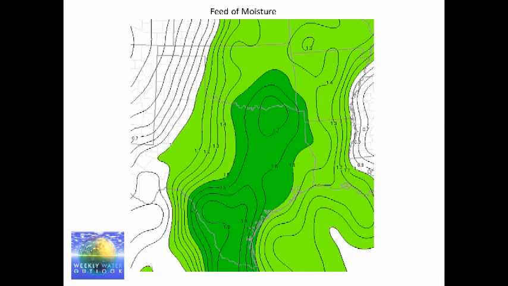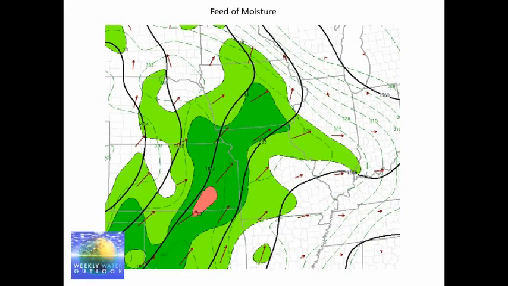So the area in dark green here, you can see that feed of precipitable water that extends from Texas into southeast Oklahoma. And then if we look further up to the north, we see it extends well up through the Midwest. The arrows there are the moisture transport. So we see that those long arrows are saying there's a real good feed of moisture up into the Midwest, parts of Missouri, Kansas, southeast Nebraska, and a very large part of Iowa. And that's going to be a clue to where some of the heaviest rain is going to occur over the upcoming week.